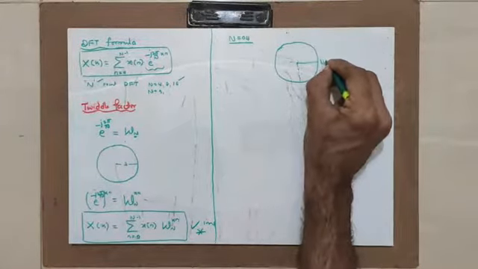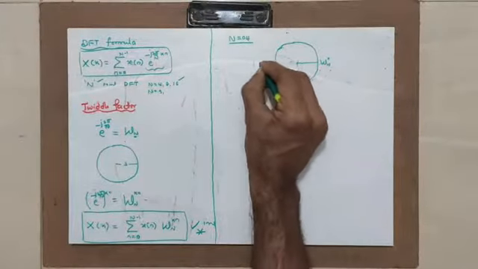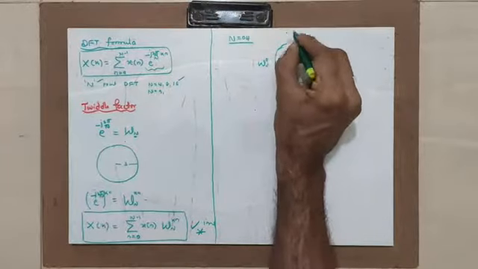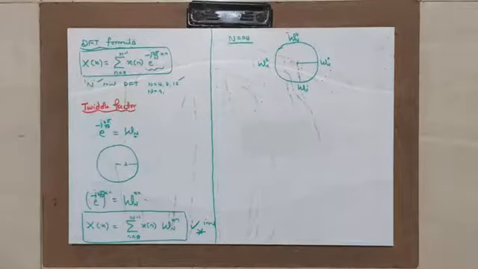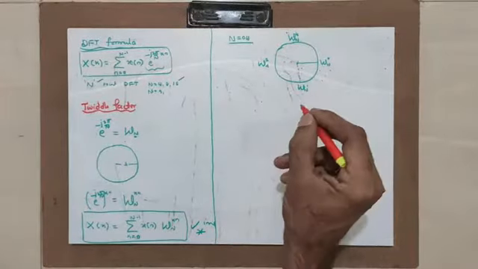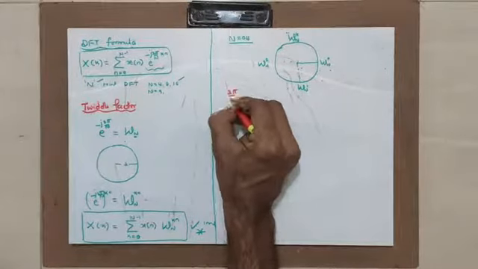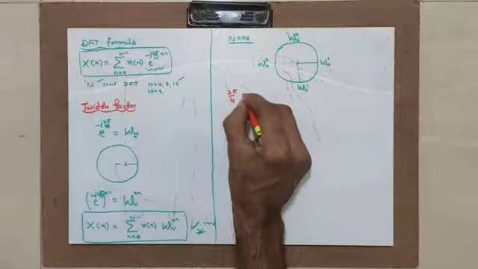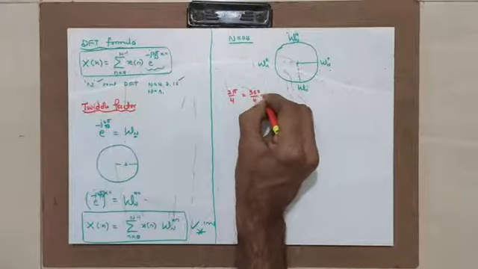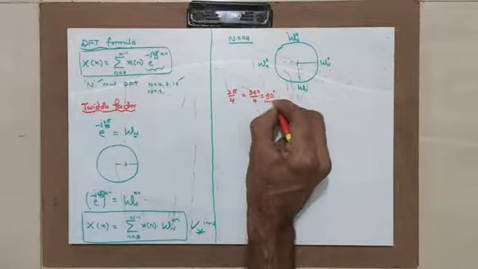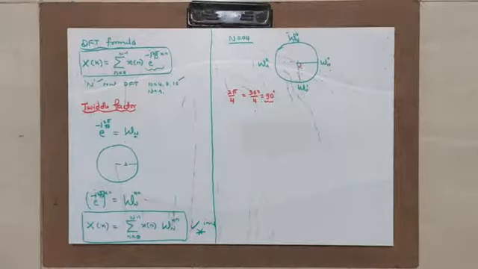Hence, this is called W0, W1, W2, W3. This is how the division takes place. Now, what is the basic angle here? 2 pi divided by 4, because N is 4. That is the basic angle. That becomes 360 divided by 4, which is 90 degrees. The basic angle here is 90 degrees. Hence from one point to another point there will be a 90 degree difference.